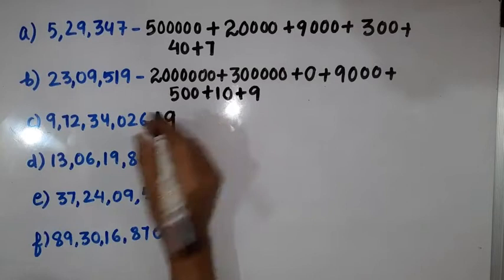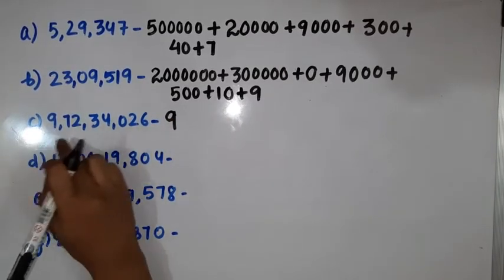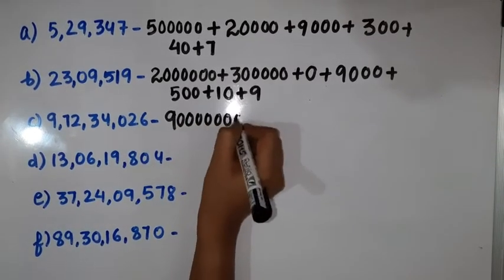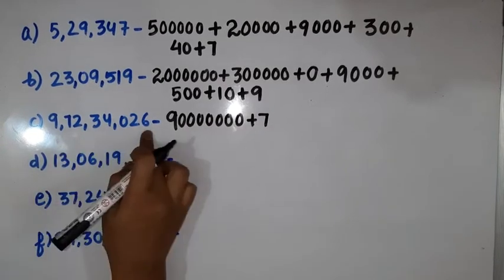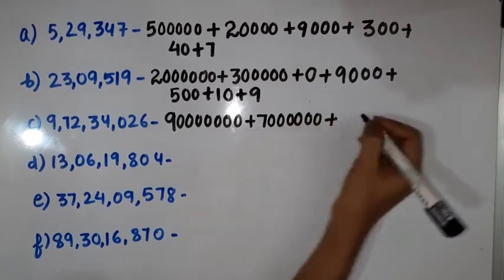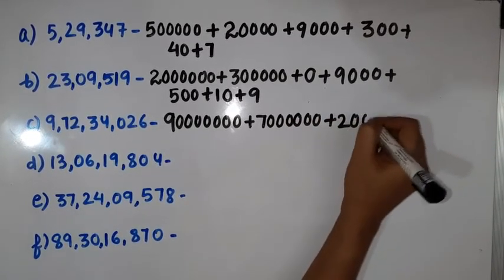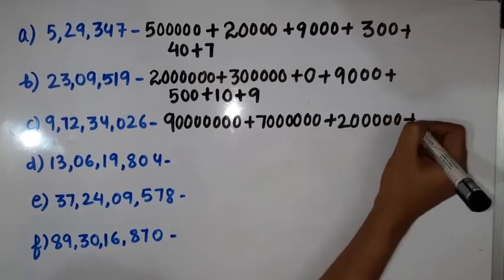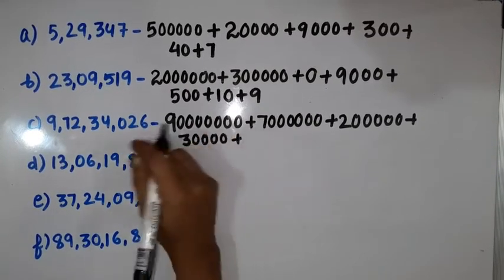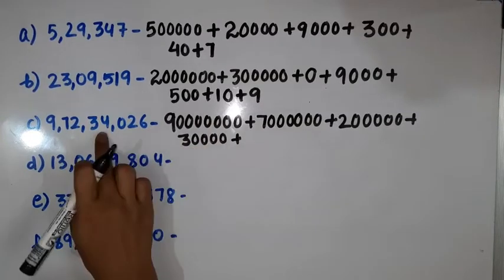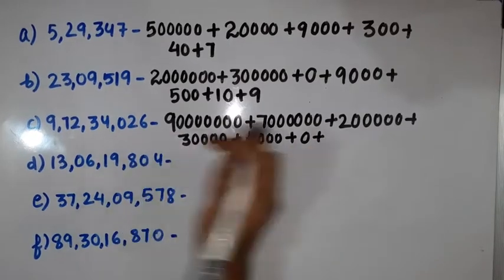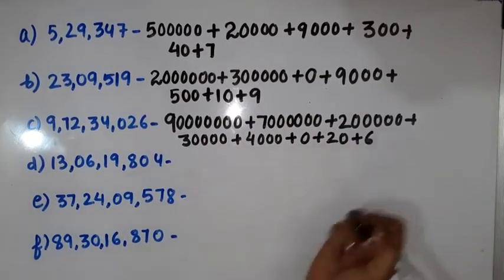Next we have 9 in the first place. Here we will start from the left hand side. After 9 we have 3, 3, 6 plus 1, 7 zeros. 1, 2, 3, 4, 5, 6, 7. Plus 7, we have 6 digits. 1, 2, 3, 4, 5, 6. Plus after 2 we have 5 digits. 1, 2, 3, 4, 5. Then after 3 we have 4 digits. 1, 2, 3, 4. Then we have 4, and after 4 we have 3 digits. So 4, 1, 2, 3. 0 is written as it is. After 2 we have 1 digit, and finally 6.